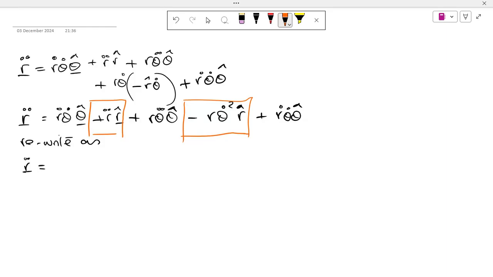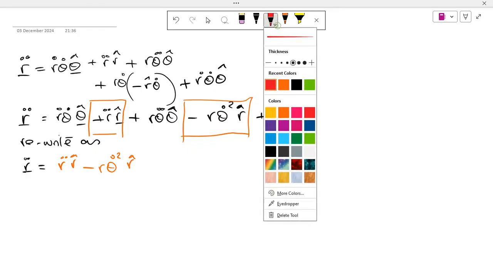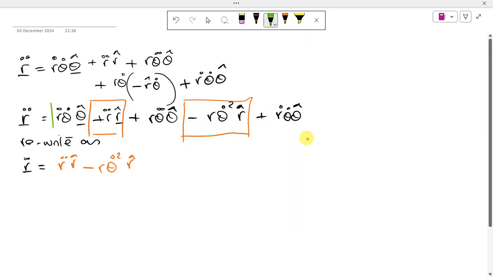So I'll write that down in orange. So we've got r double dot r hat minus r theta dot squared r hat. And then I'm going to change to a nice green colour. I think green looks quite nice. So the transverse components are these,